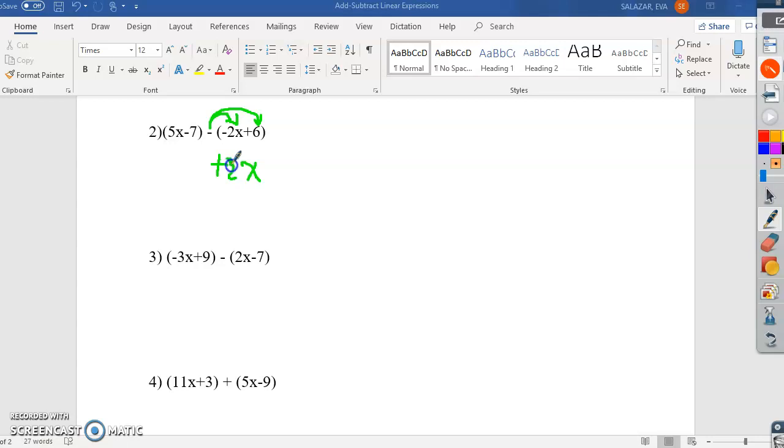And negative times a positive is a negative 6. And the first expression, you're just going to bring it down. I was just going to remove the parentheses for you, but let's bring it down. So 5x